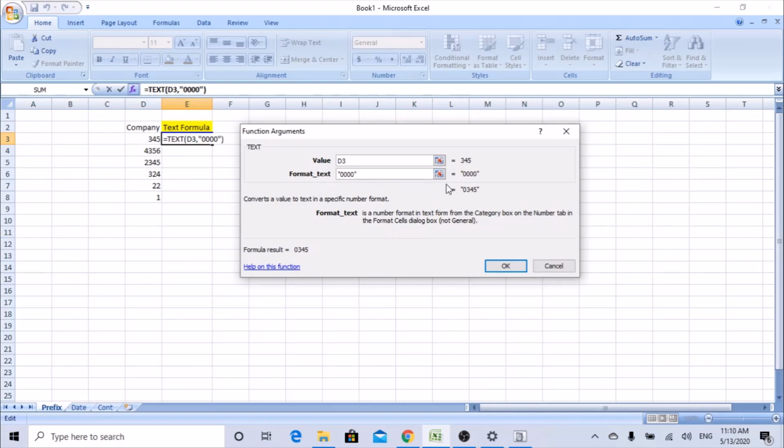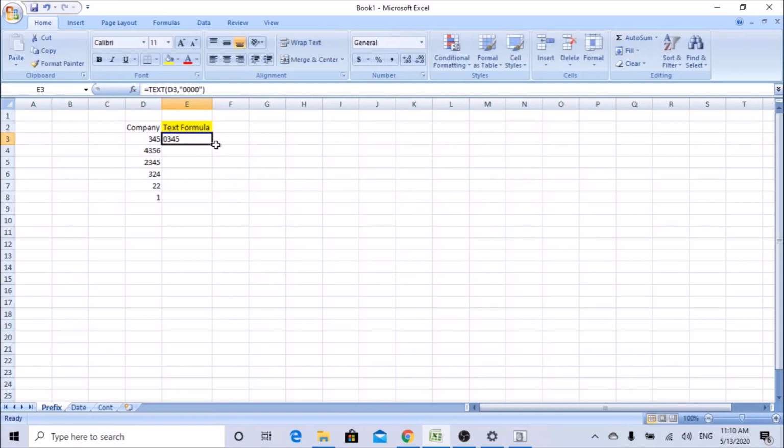Once you add this, as you can see, the result pops up here as well as here. So we know whether we typed it rightly or wrong, it'll give the result here. Let's hit OK. Now you can see 0 is added. I'll just drag the formula down. Now you can see for 1 it has taken 3 zeros, for 22 it has taken 2 zeros, and for 324 it has taken a single 0.